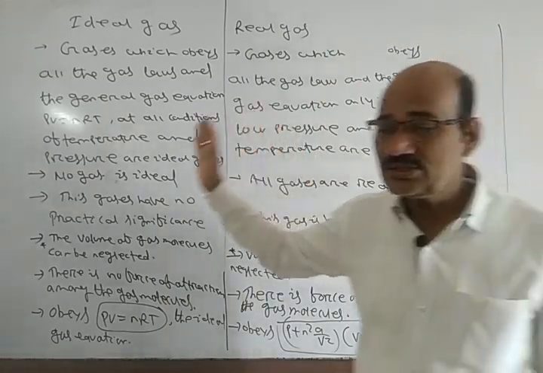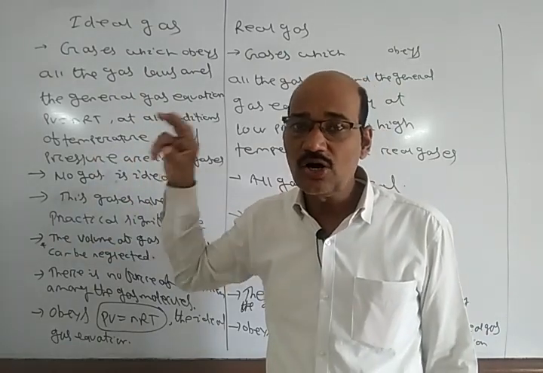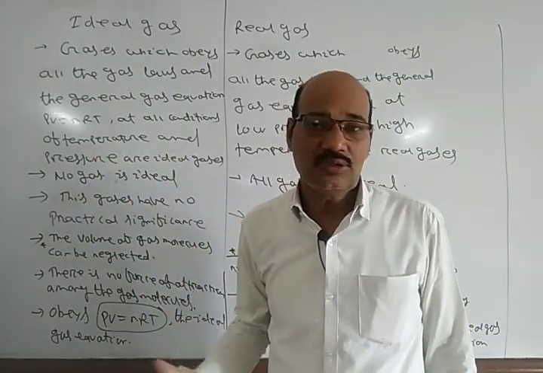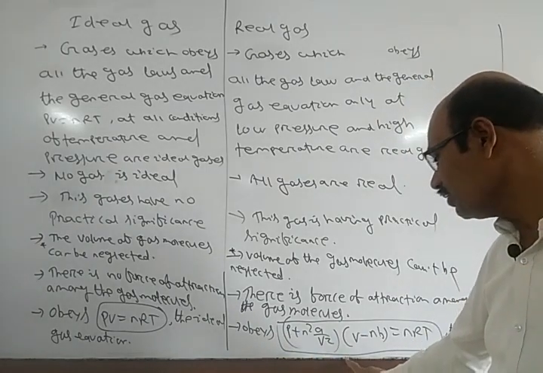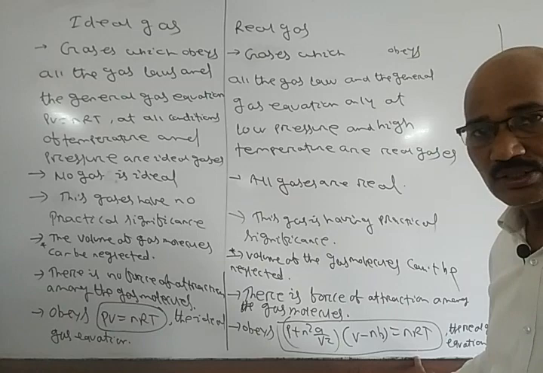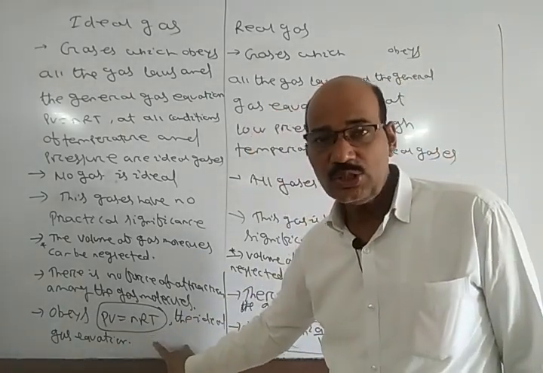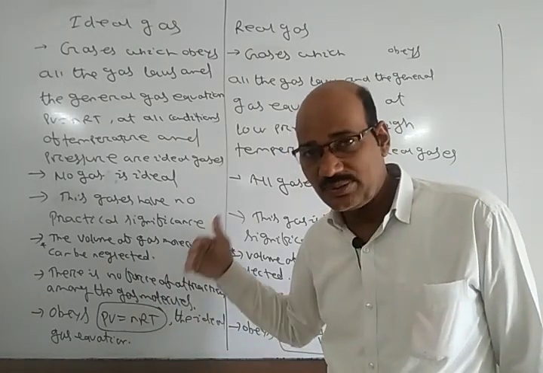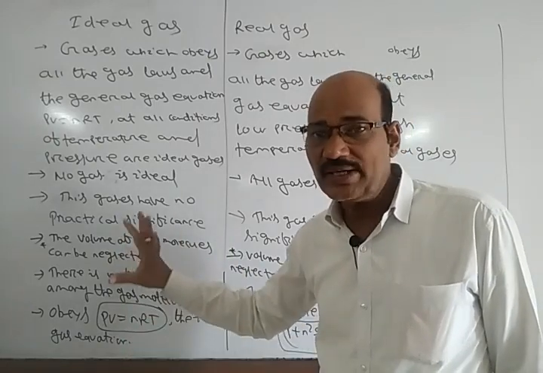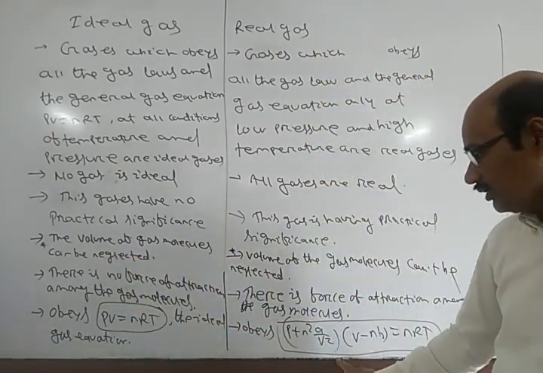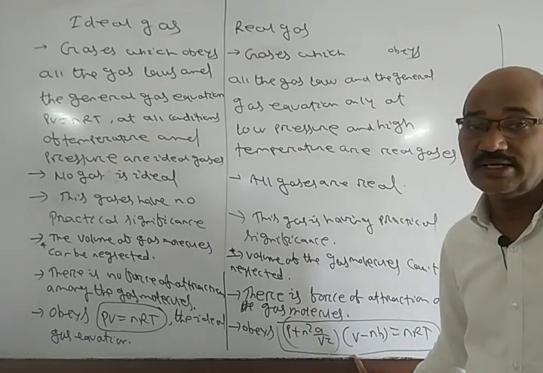Now let us discuss the postulates of the kinetic theory of gases, find out the wrong concepts and rectify them, so that we will get the equation P plus n squared a by V squared, times V minus nb, equal to nRT. According to the kinetic theory of gases, we have PV equal to nRT. After correcting the wrong assumptions, we will have a pressure correction and a volume correction. Then we will get the final equation, P plus n squared a by V squared, times V minus nb, equal to nRT, and this is called the real gas equation.